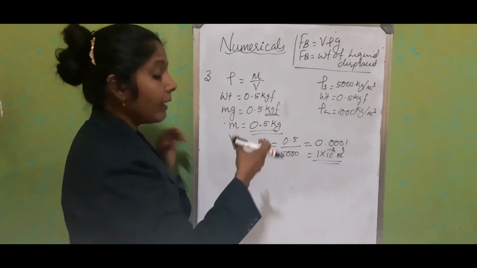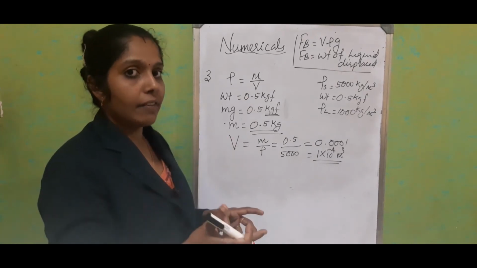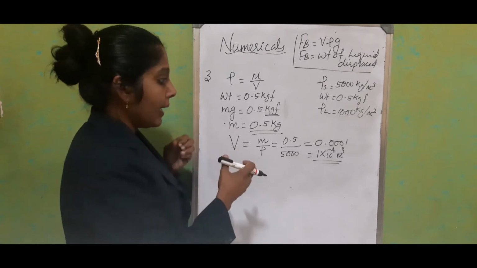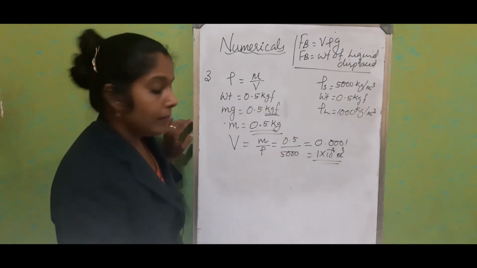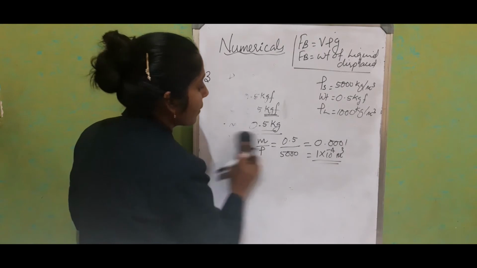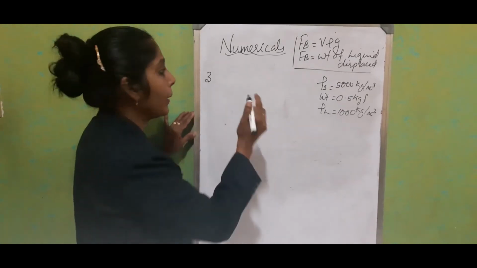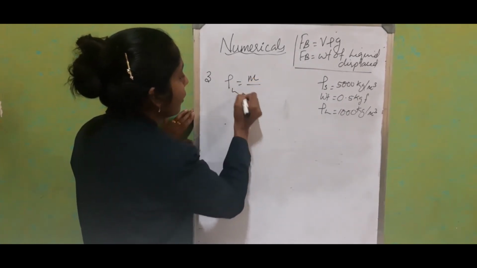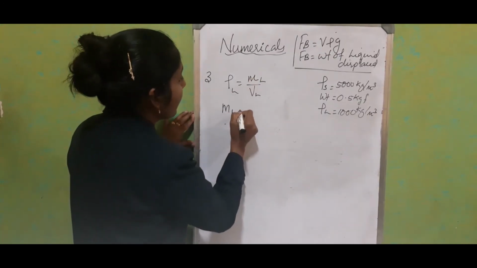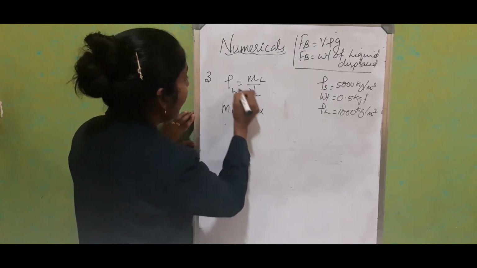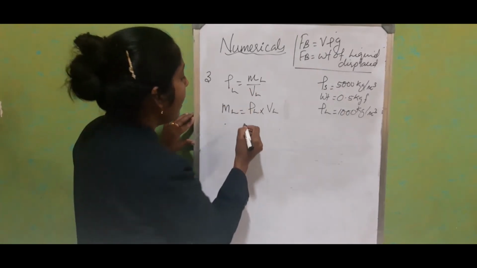Now we'll find, when this material is completely immersed inside the water, how much mass is displaced. Weight we'll find out later. Actually we need the weight, but here everything is in terms of mass, so with the same equation we can find the mass of the liquid displaced. Now we are considering the case of the liquid, water. Density of liquid is equal to mass of liquid divided by volume of liquid, so mass of liquid is rho L into V L.